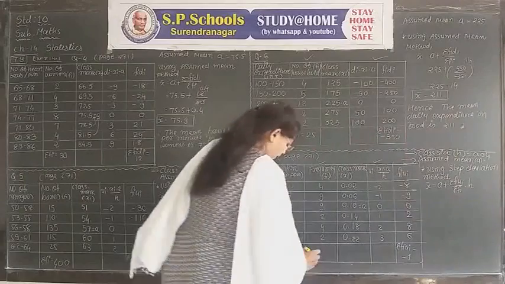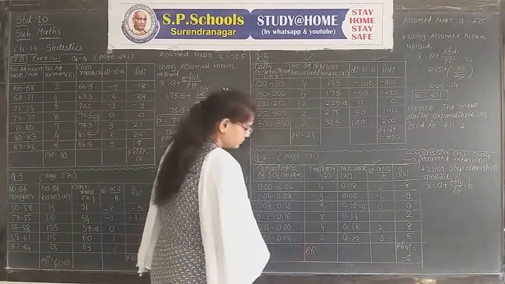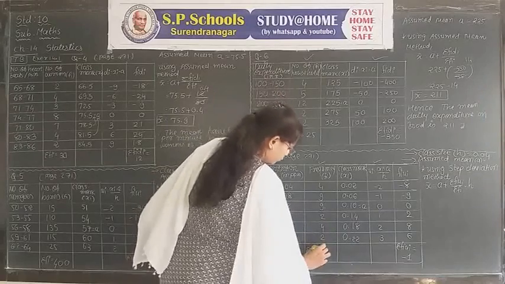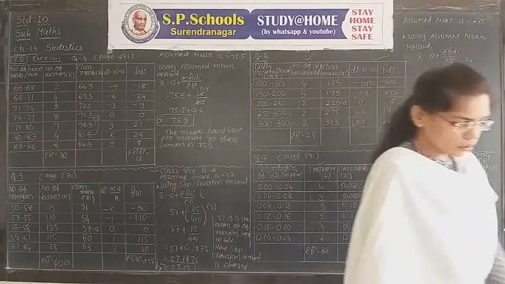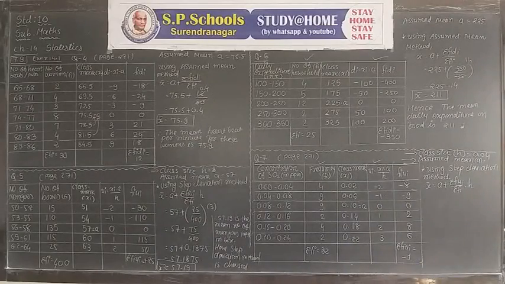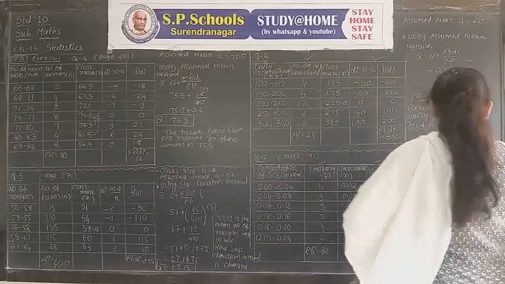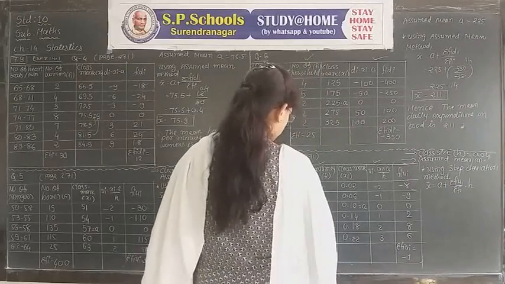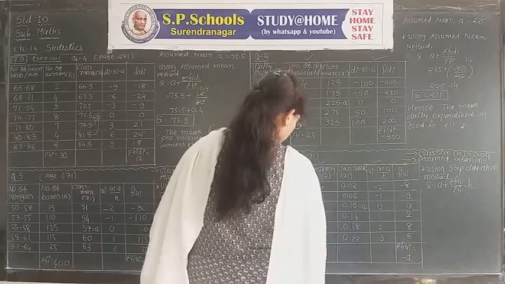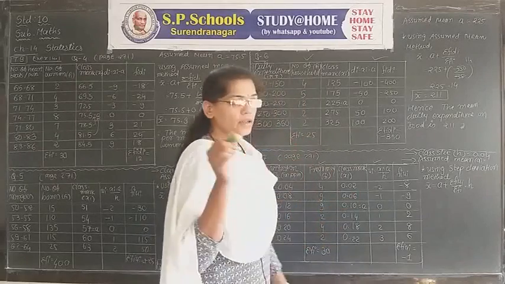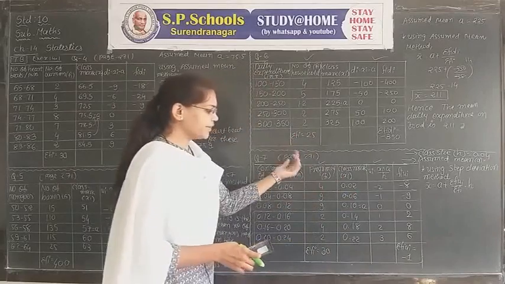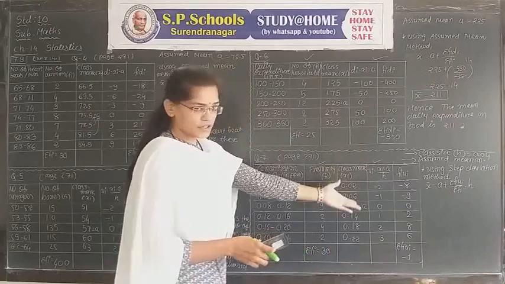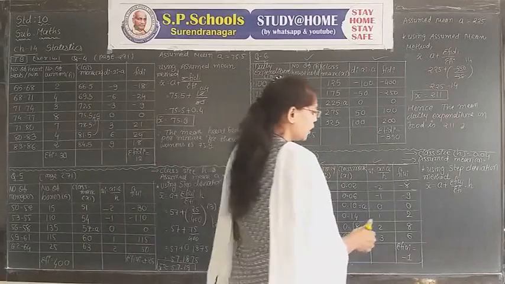And sigma Fi, from the second column, is 32. In the question there is no suitable Fi given. We do it again, which is not 32, which is 30. Keep in mind, if one thing in your table is wrong, then further things are also wrong, and using the formula, the simplification is also wrong, and our answer of mean is totally wrong.